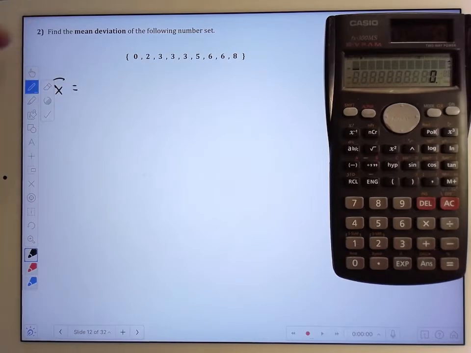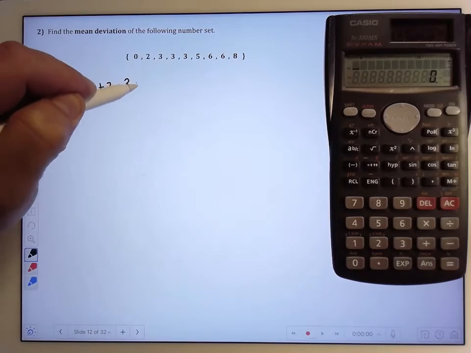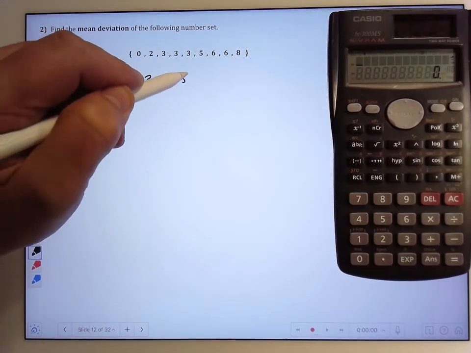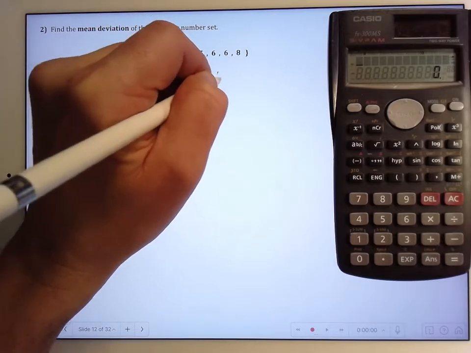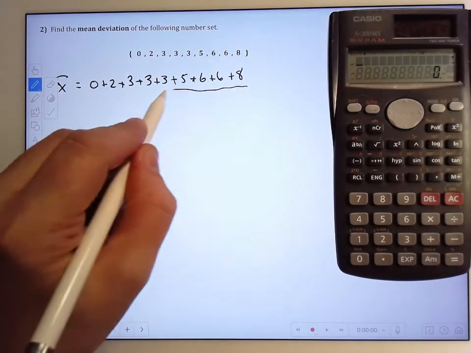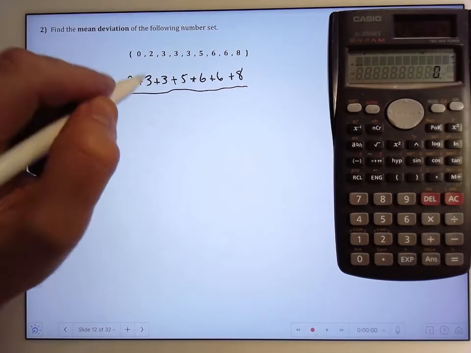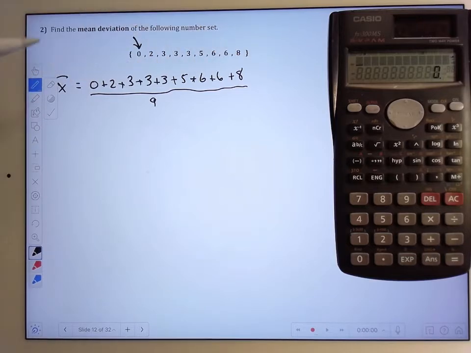It'll be equal to 0 plus 2 plus 3 plus 3 plus 3 plus 5 plus 6 plus 6 plus 8. And that whole sum will have to be over 1, 2, 3, 4, 5, 6, 7, 8, 9 values that are in the distribution. Very important to note that you have to count that 0 as one of those 9. I know it has no impact on the sum, but when we do the division, we have to make sure